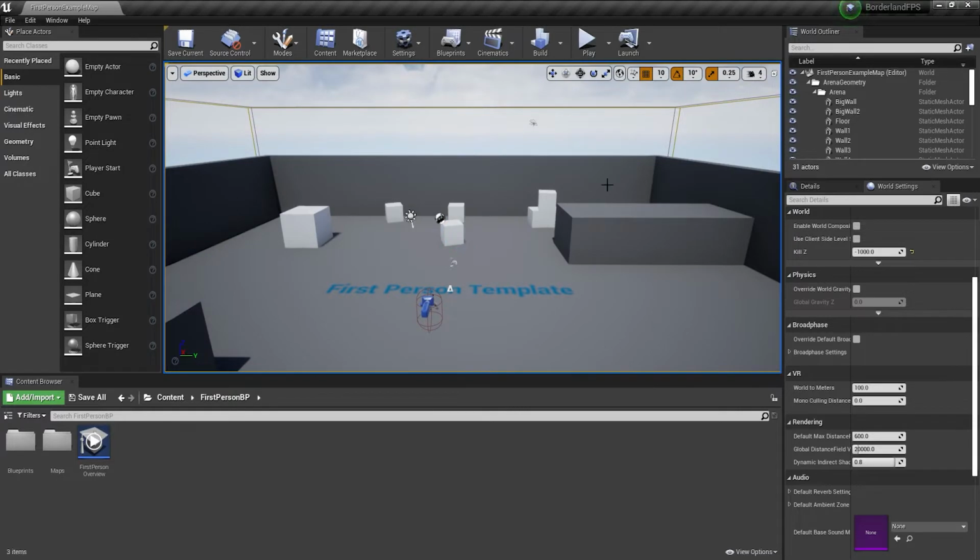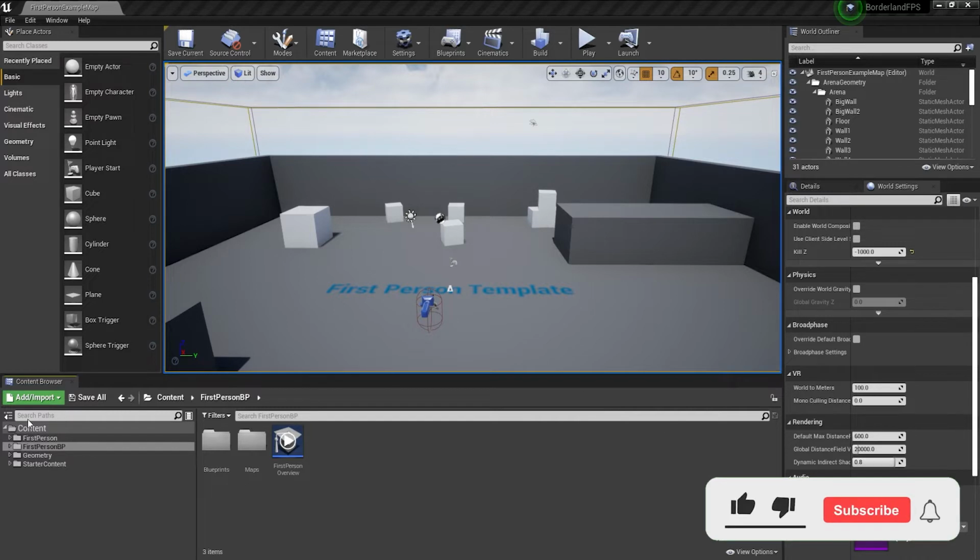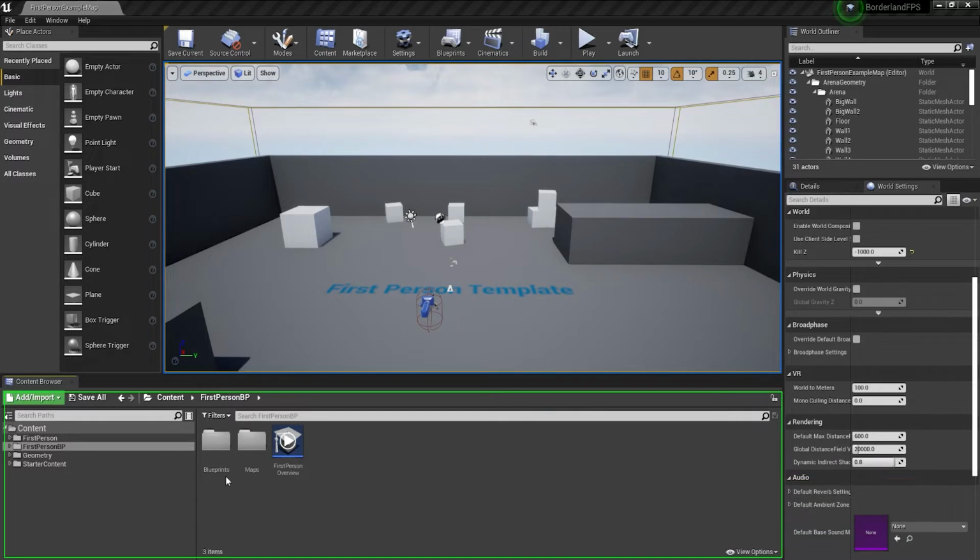Now go back to perspective view. Here you can see the content browser of Unreal Engine.